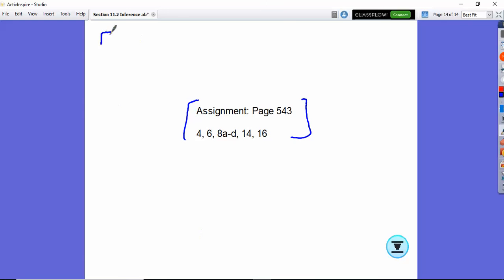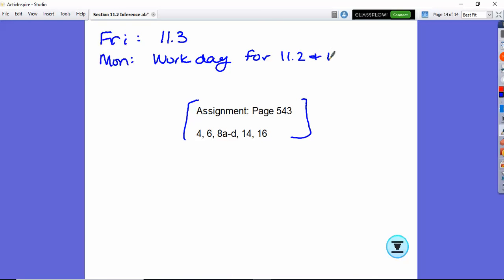What we're going to do is tomorrow, I am going to teach section 11.3. Monday will be a work day for both assignments. So that way you will have time to utilize a calculator if you don't have one otherwise. So I'm going to teach both and then give you one day to work on all the homework and get your questions answered. And like Tuesday, we also review and stuff. Yeah, Tuesday we will do just a chapter